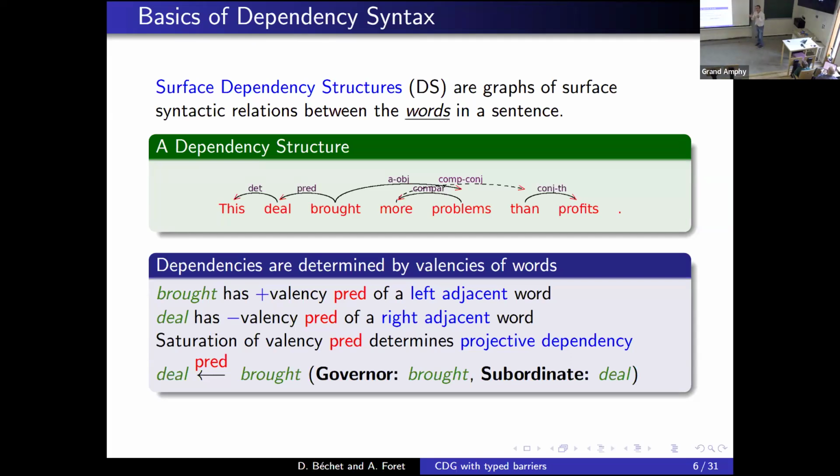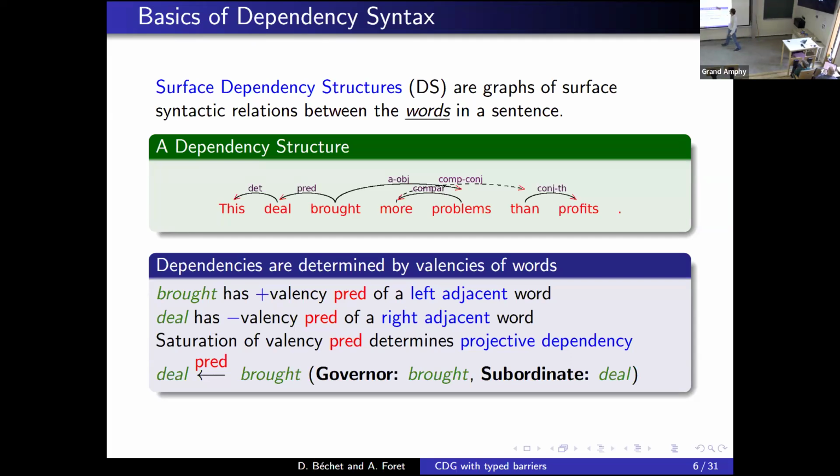The difference is that for projective dependencies, it's not possible for one dependency to cross another. If you remove this non-projective dependency, the rest is completely projective, meaning there are no crossings between the arrows.